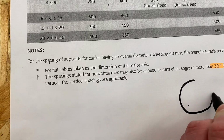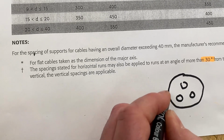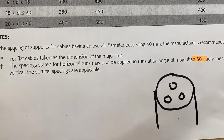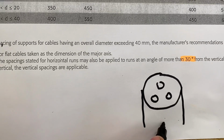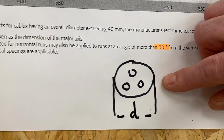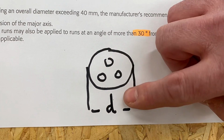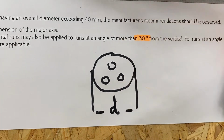I end up drawing a round cable. I put 3 internal conductors, and I say the outside widest part of the cable, as it's round, it wouldn't matter which side we went off, is the diameter. So that is the diameter as a little key to remind us. Remember, you could do that as a post-it. So it's the widest part of the cable to give us our diameter, and then that works in column number